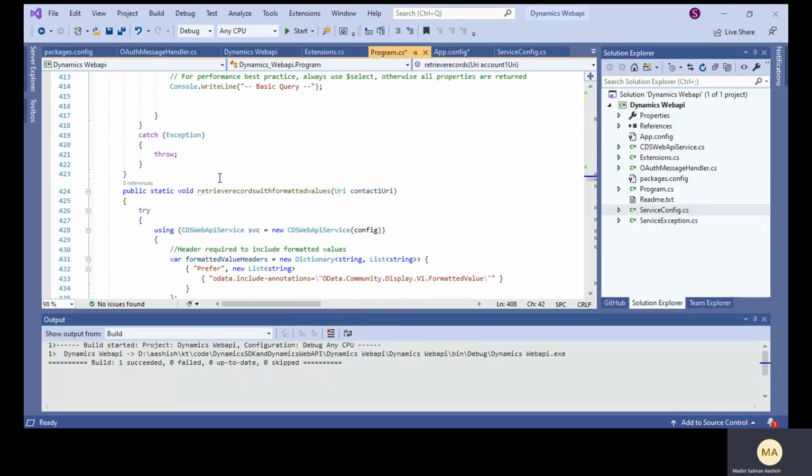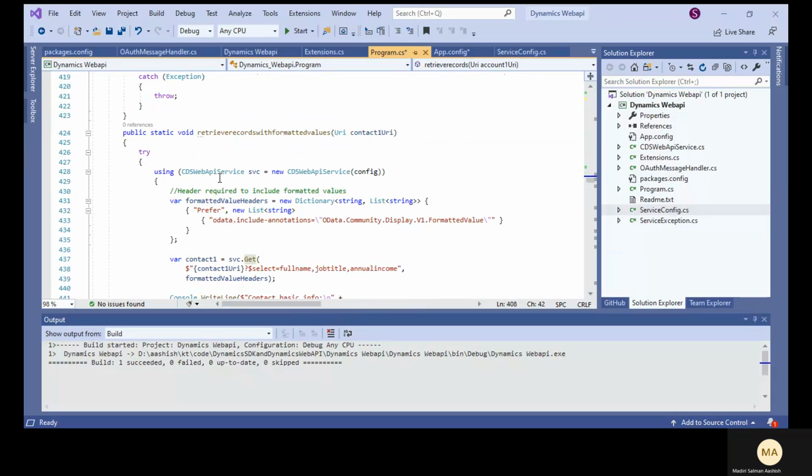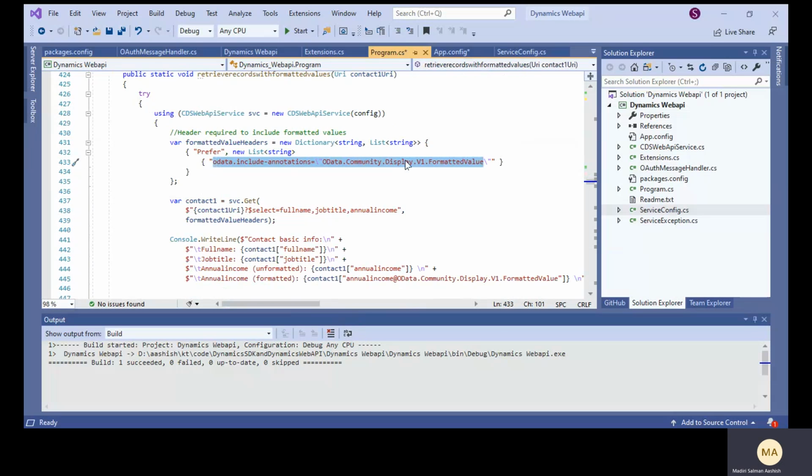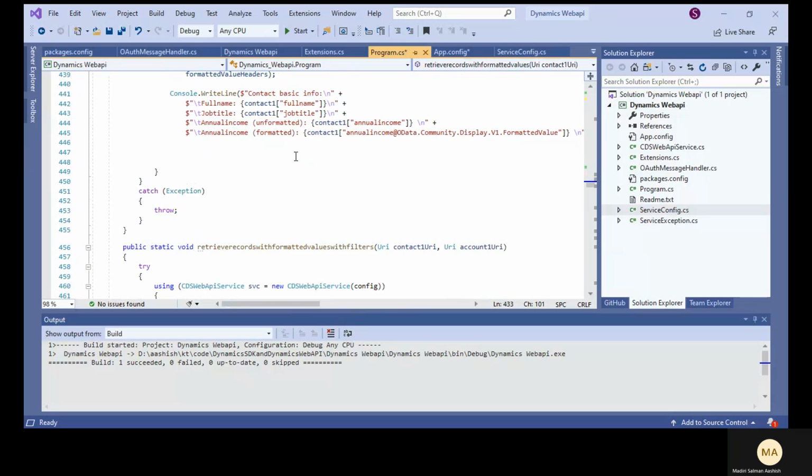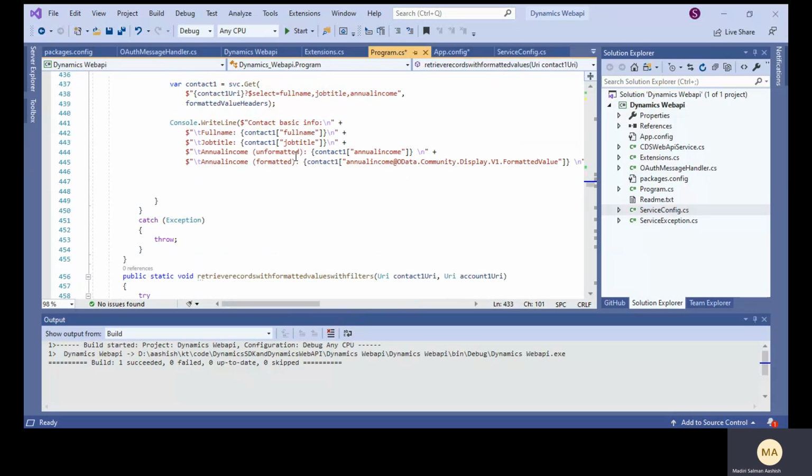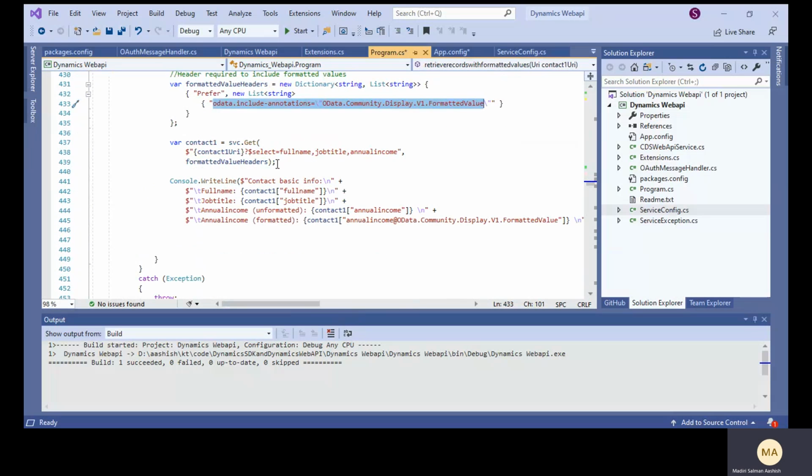And if I want to get the option set values, the option set text, we use it in a retrieve record. So we need to specify this header to retrieve the option set text. In option sets we have the text and values. If you want to get the text, you can use this header and you can get this value